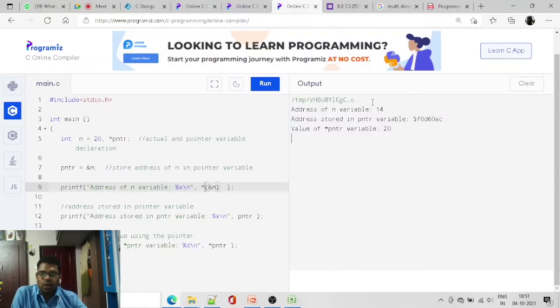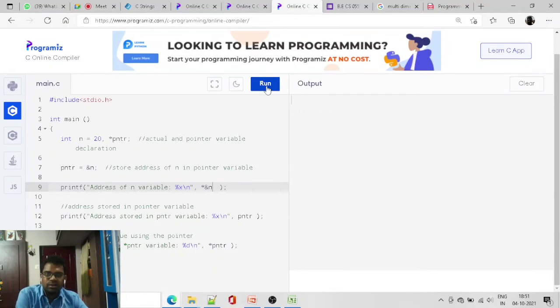Now it shows 14. I don't know what has been happening. Actually it needs to hold 20, it needs to show 20, but here it's working in some other way.